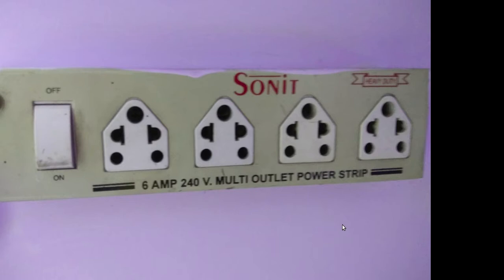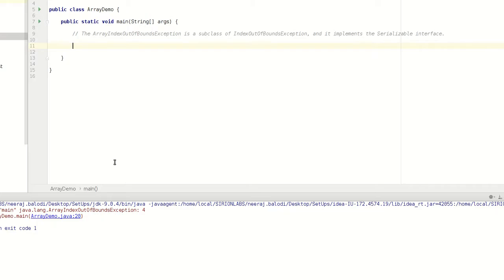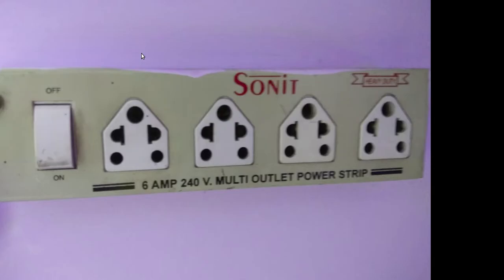Now I'm going to discuss how to use array. Suppose I have a plug board and I want to insert the 4 switches into it. So let's begin to program this plug board in Java. This is in the picture, a plug board. The first thing I'm going to do is initialize the array with its length or its size.